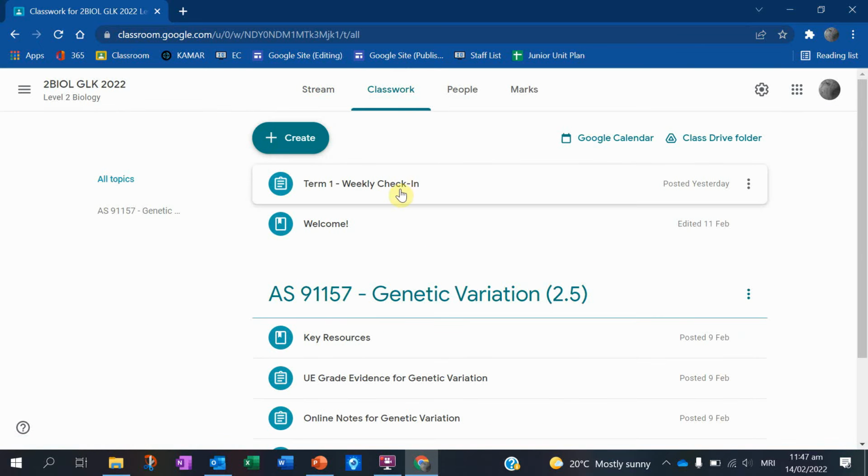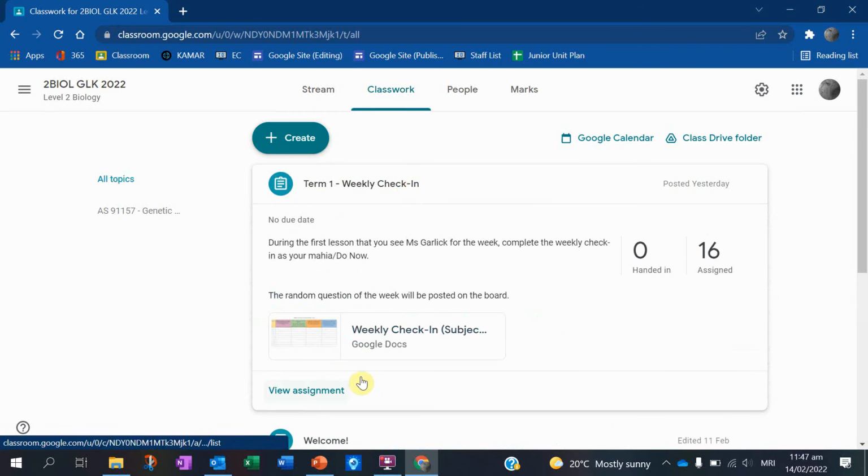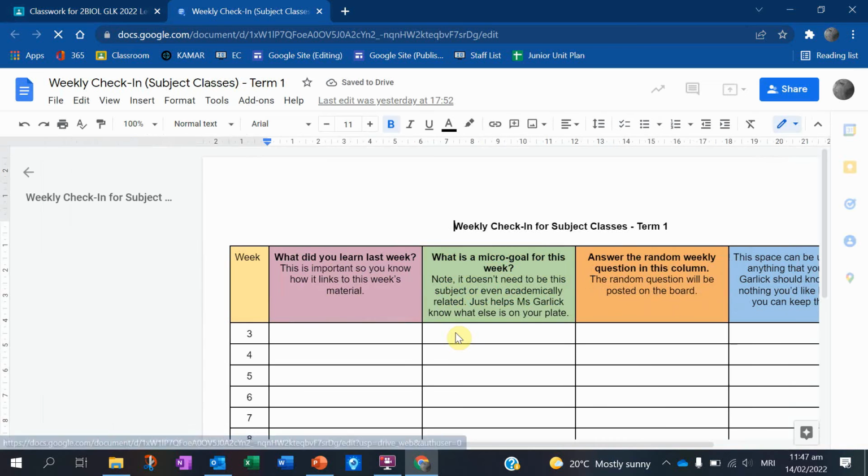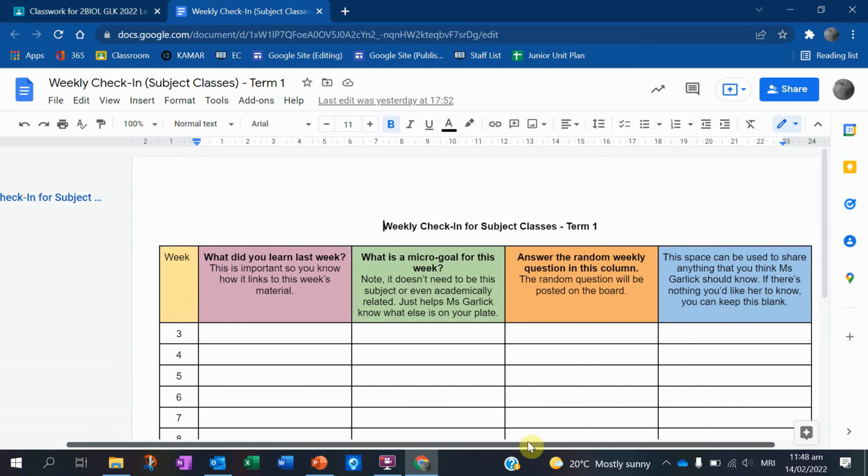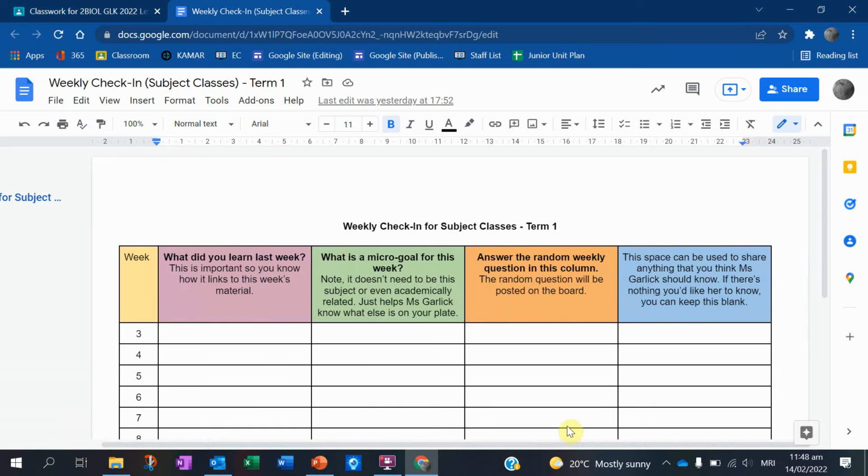And what you will do is the weekly check-in. So, you will need your devices for this. Some of you guys are still doing notes on paper, and that's fine, but do make sure you have your device out for the first set of activities we will do today. So everyone has been assigned this weekly check-in, and what I want you guys to do for your Mahi the first week I see you is just to check in. I find it's really useful for me to build those relationships, and it's really useful for just kind of keeping track of how you're learning throughout the term. So we are only filling in this week